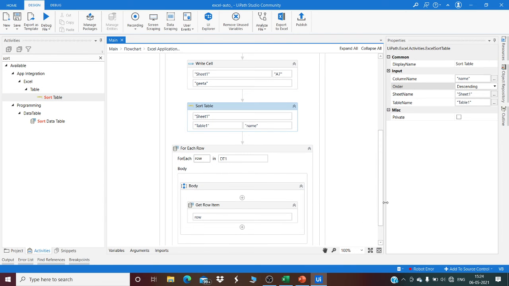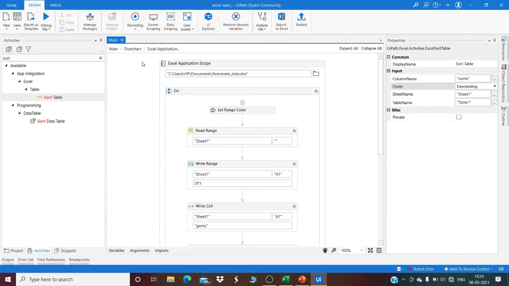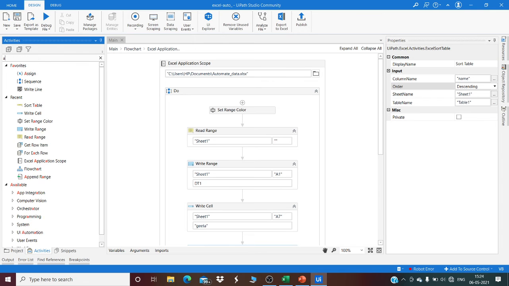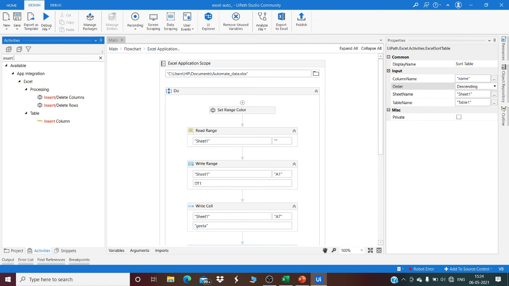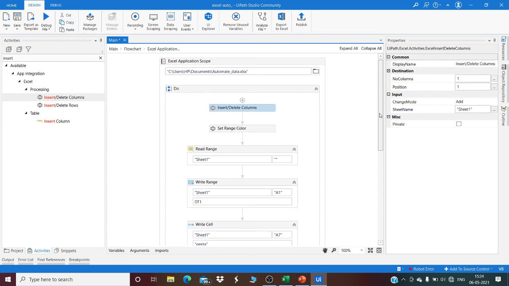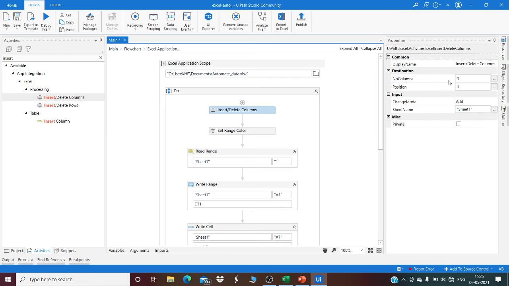After this, go to the UiPath. We have in Excel application scope append range also. We can insert data. First we'll insert columns. To insert columns, double click on the insert column. On the right side, see number of columns you want to add. Suppose I want to add 3 columns. After the position, after fourth, I want to add the fifth column. And on the change mode, see for to add or remove what is convenient for you. In my case, I'll add it.